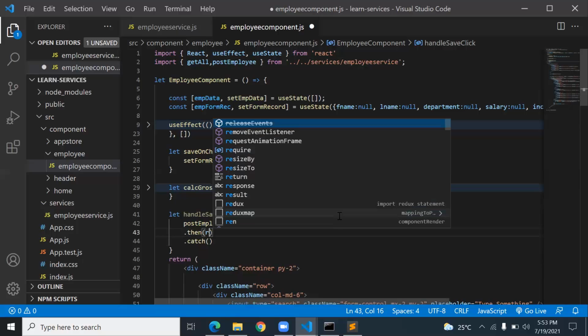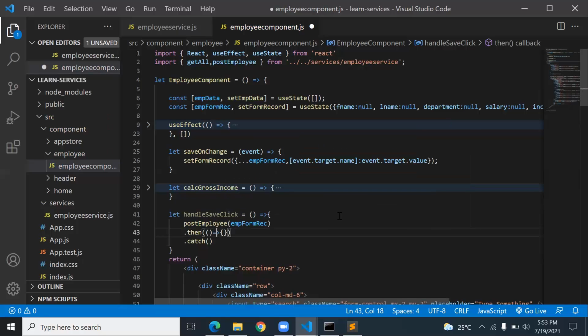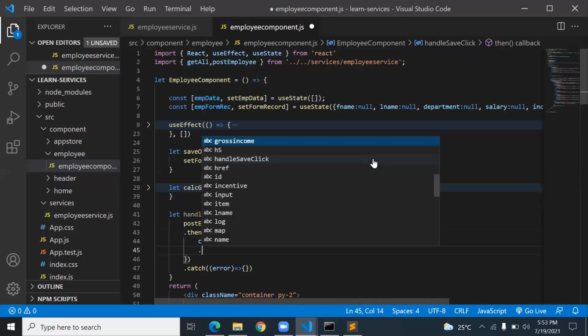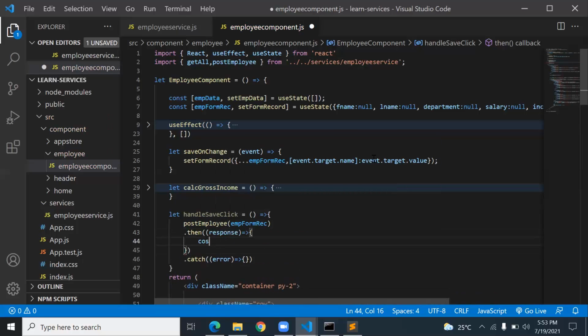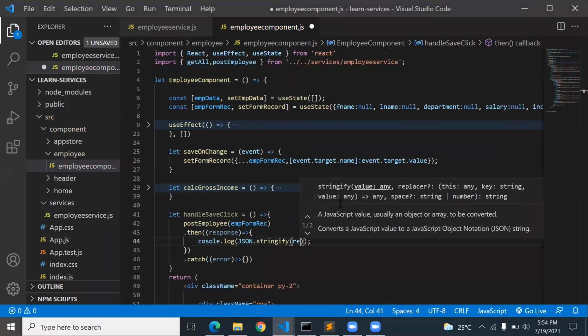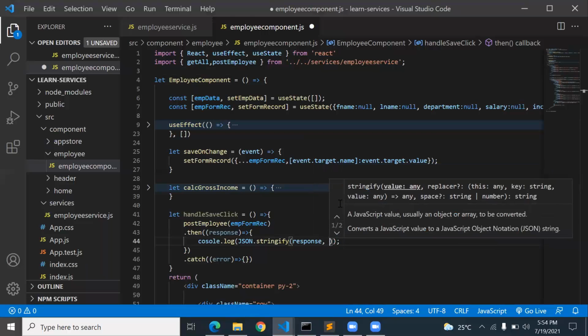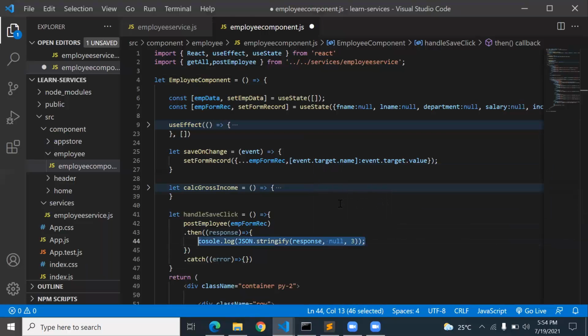It gives me a callback where I add response, error. I write here JSON.stringify response message, and if it is error, I want to show the error message.